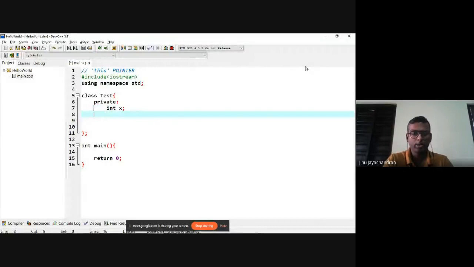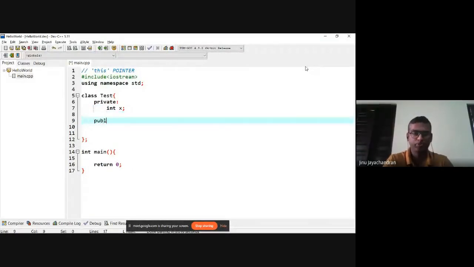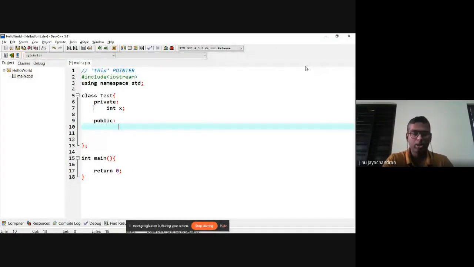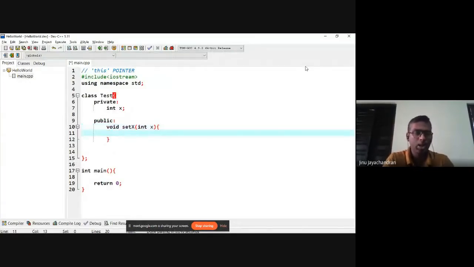And let me have a public function, void setX, and inside it let me have an argument with the same name as my private variable, that is x. And inside this I'm going to say cout,